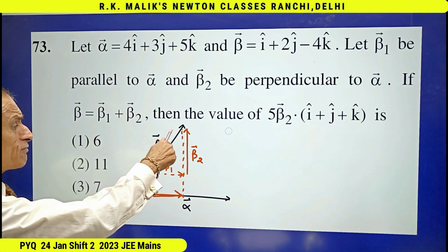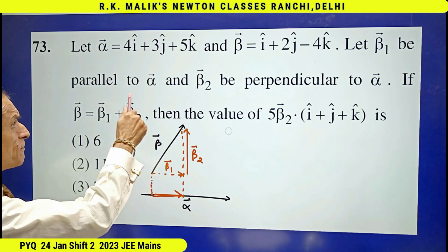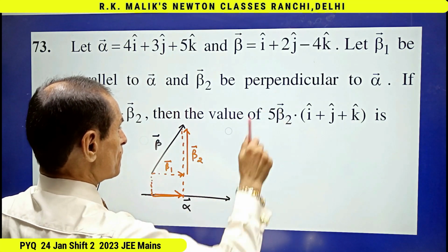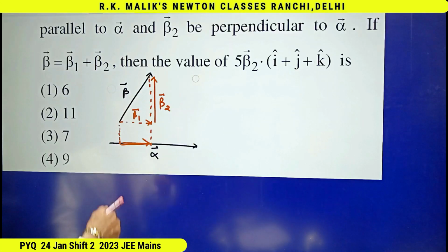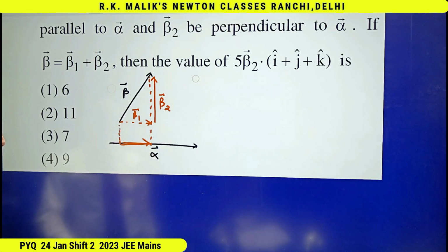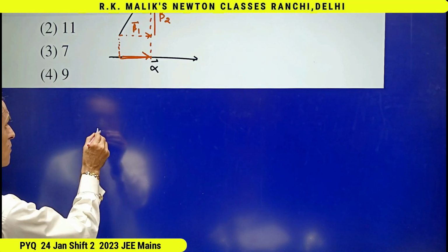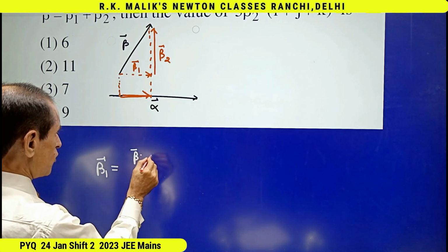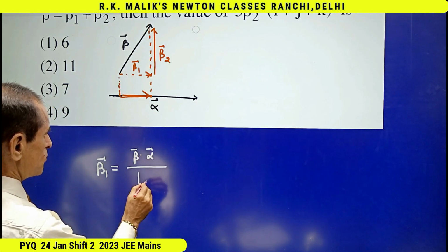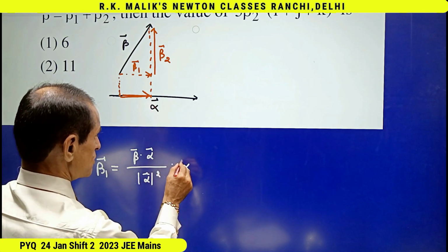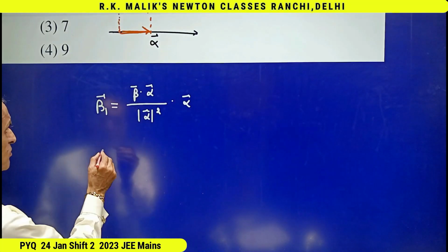Here beta is equal to beta 1 plus beta 2 by triangle law of addition, and beta 1 is parallel to alpha also, beta 2 is perpendicular to alpha also. And to find the value of beta 1 vector, clearly beta 1 vector is the projection of beta vector on alpha vector. Hence, by using formula, beta 1 vector is equal to beta dot alpha upon mod alpha square into alpha vector, that is equal to